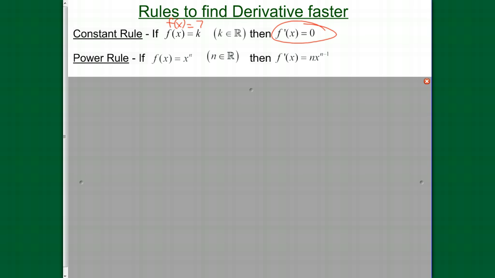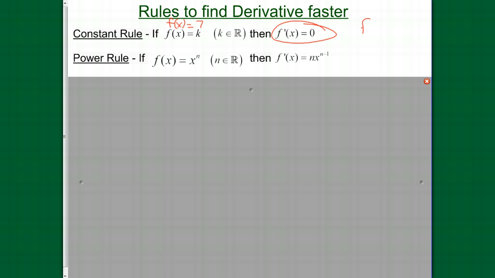The next one is the power rule, and this is the one that we apply most often. This is the one that you're not going to like me because it's so quick. But what it says, if you have a function f of x equals the variable to a power. All right, doesn't matter if it's an integer, fraction, positive, negative. Like it says right here, that exponent is a real number, which is positives and negatives and decimals and fractions and all that other business. So f of x equals x to the power of n. The derivative is going to be, you bring that exponent of n out in front